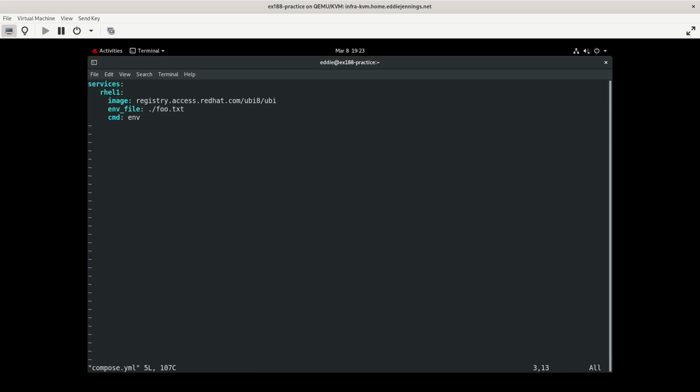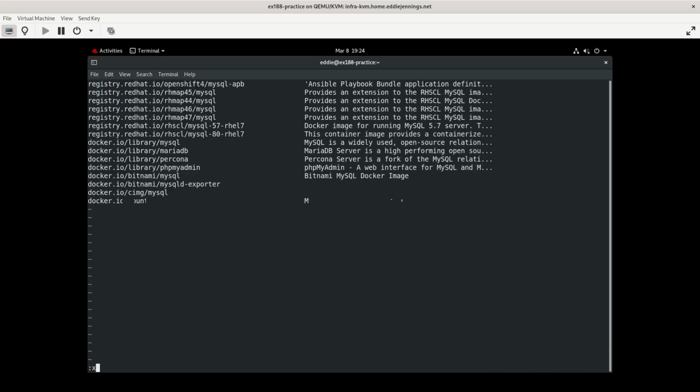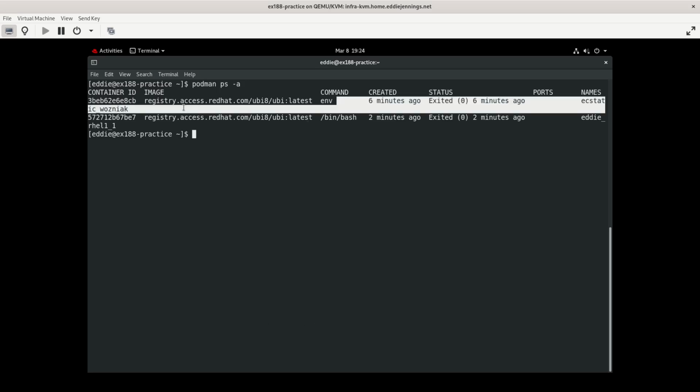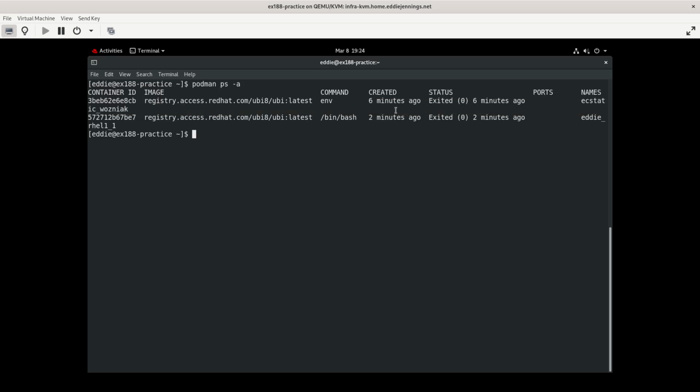Okay, so I'm going to change this to the MySQL one. We're just going to stick with the env file. And let's get rid of all of our... Well, that's kind of interesting. Yeah, never mind. I'm like, hey, there's a container with env. Well, yeah, six minutes ago when I was first looking at the environment files, we made a container. All right, so podman rm -f -a. I want to get rid of these containers,